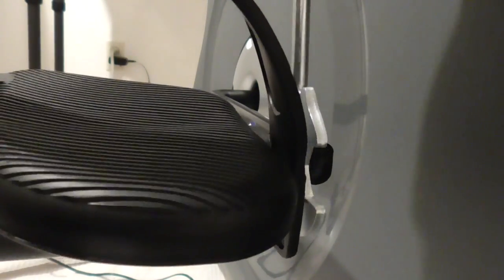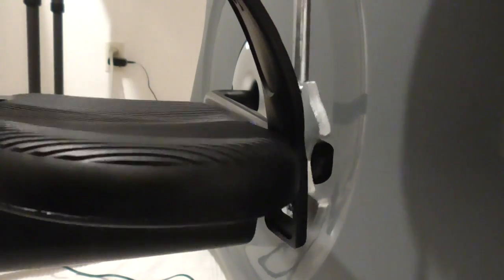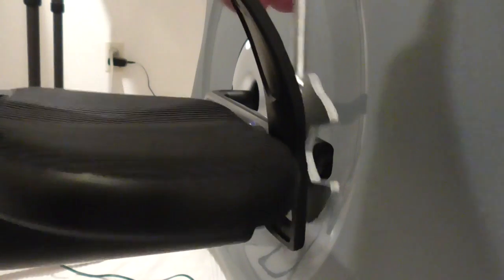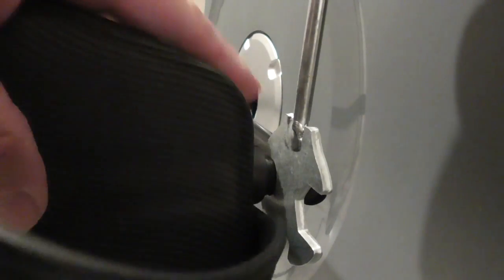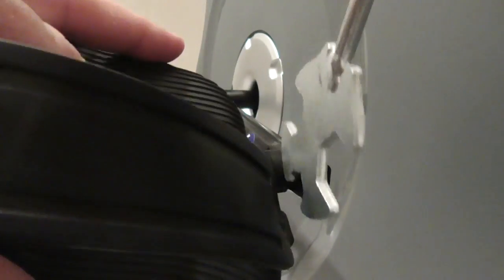Originally, when I had the clanking sound, I tightened things up. The clanking sound went away. So there just might be an incredible amount of play inside here. I might need the new pedal, or maybe it's just that this thing doesn't get tight enough, and so it starts to loosen, and there's a lot of play on there. So what I'm going to do is put on the new bike pedal,